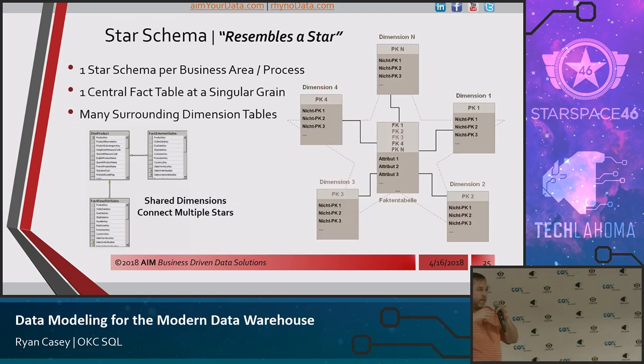But as we divide those facts out on grain, the other piece is timing, right? So you've got your grain and the timing. If something doesn't have the same timing, that needs to be in its own fact table too. But so let's say now you've got all these different fact tables because they're different grains and different timing. How do we pull reports that use our dimensions? When you have shared dimensions, what we call conformed dimensions, we can use those dimensions to do what we call a